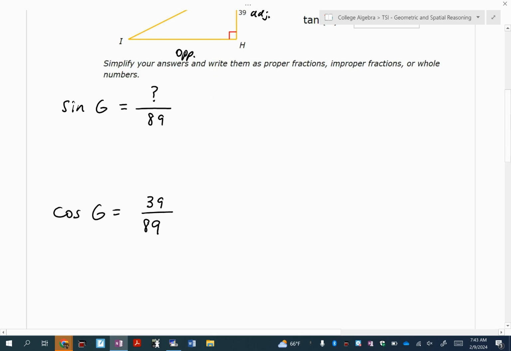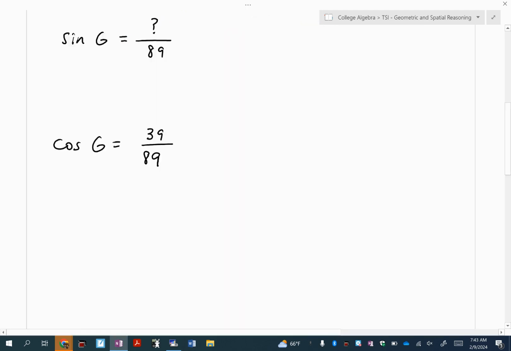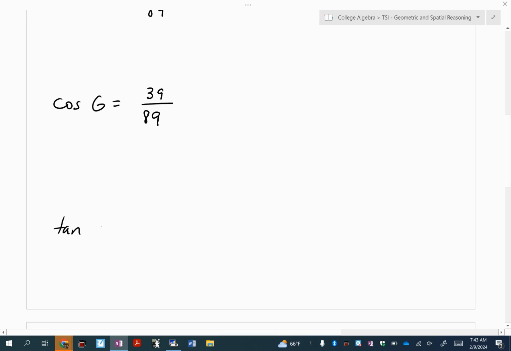Okay, so that one I can actually say I'm done, and I can try to reduce that. I don't think you can actually reduce that. Those are both prime numbers. Nope, they're not prime numbers. Maybe I can't reduce it. We'll see. And then tangent